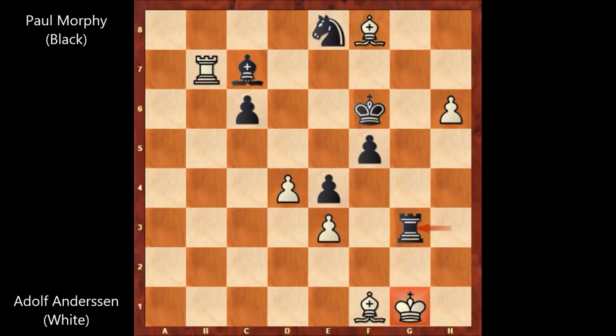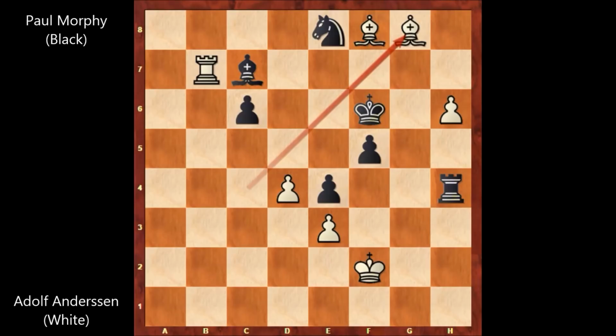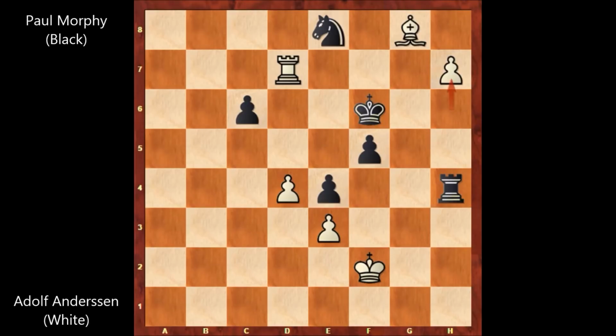So rook to g3 by Morphy, king to f2, rook to g4, bishop to c4, rook to h4, and bishop to g8, planning to defend the pawn with the bishop on h7. So in this position, Paul Morphy played bishop to d6, exchanging the bishops, rook to d7, attacking the knight, knight to e8, h7. Only one move left for Anderssen to promote a queen, but right now the rook is defending